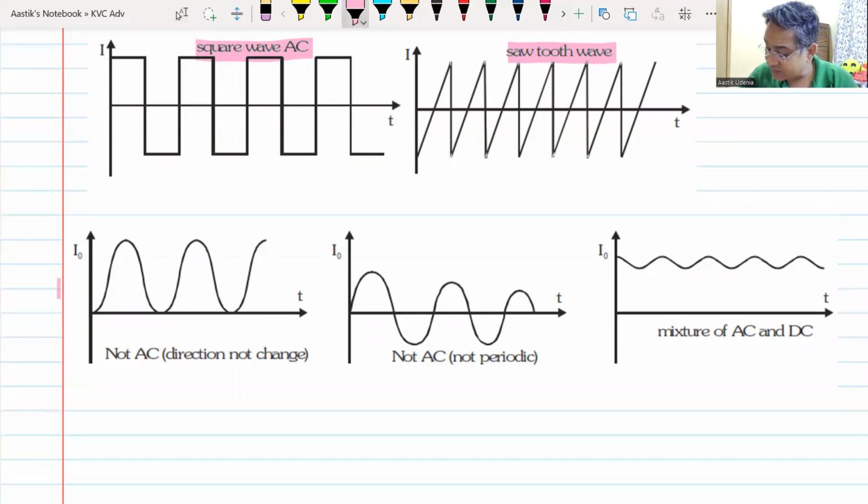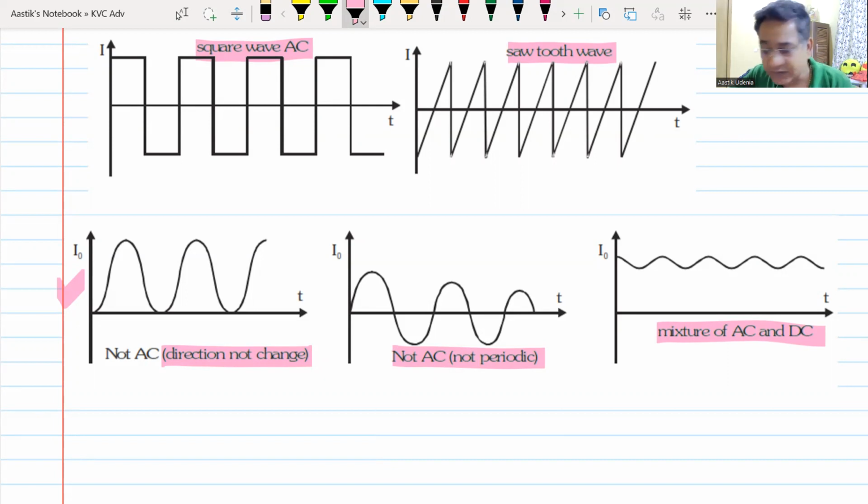In the next one, you see the direction is not changing. The direction does not change. It is definitely not AC. In the next one, you can see direction is changing, but it is not periodic. The amplitude is also not constant, and therefore this is also not treated as an AC current. Do we understand this? Yes, sir. The last one that you see is a combination of AC with DC, which is obviously also not AC because